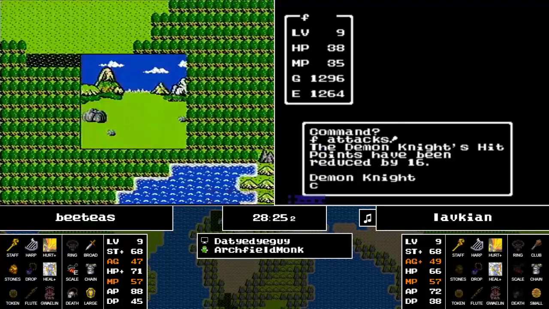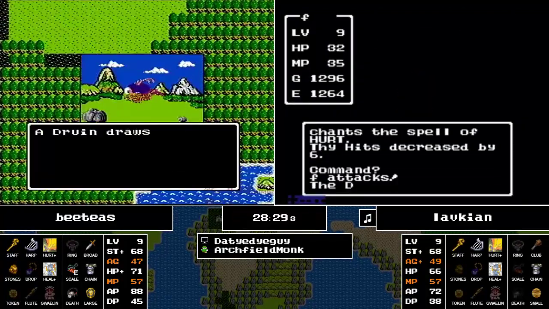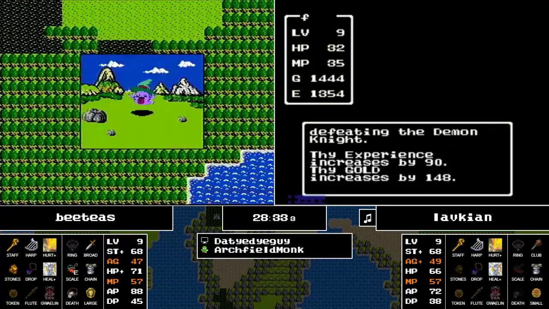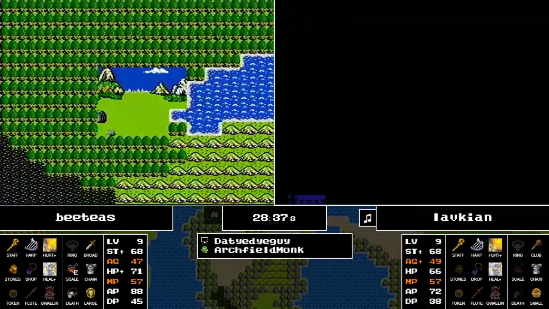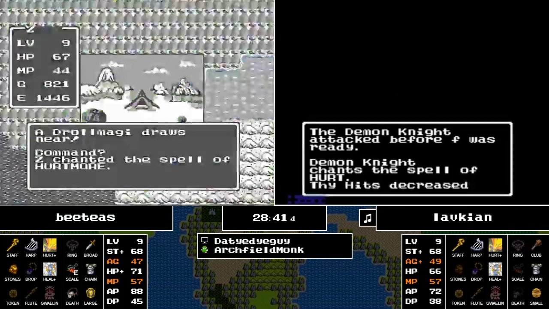Unless it has Heal. Now Lavkian's still trying to attack. He could defeat it here, like 16 after a heal, that's enough. And only 12, but it was enough, wow. Yeah, sometimes it's just very tempting to keep attacking enemies if you know they just have the smaller heal spell,